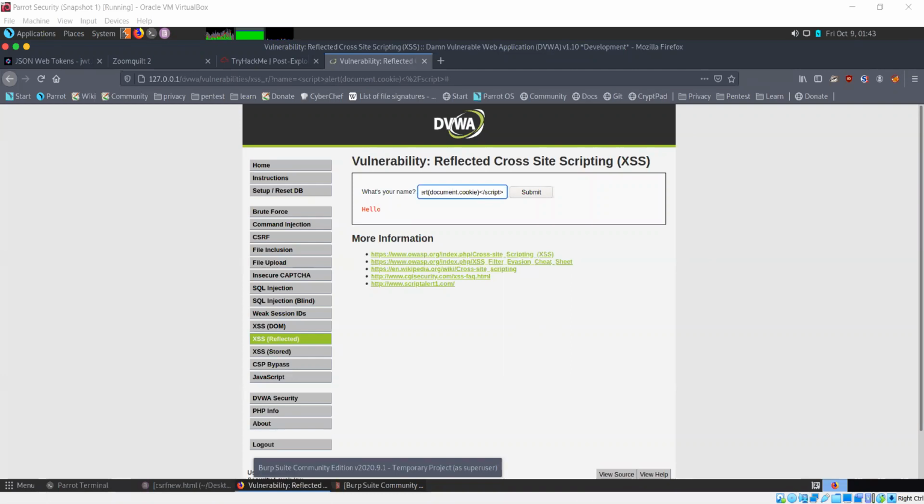Now this is just a couple of examples of what you can do with this cross-site scripting. If I want, I can make the web page load some malicious script that I may have hosted on some server of mine, and that will run within the victim's browser. That script could be anything, you know.